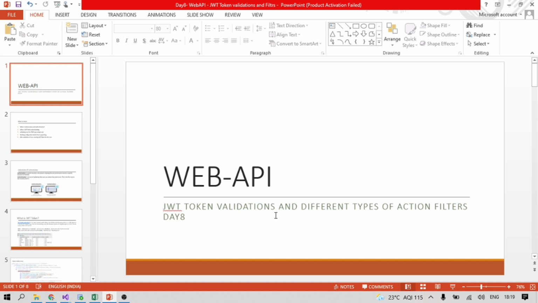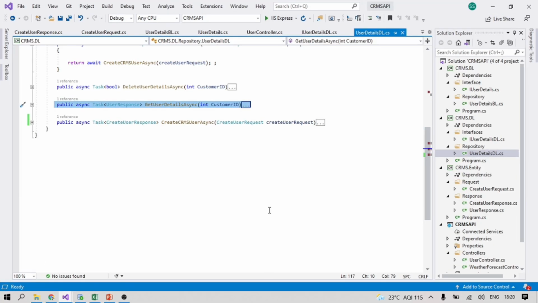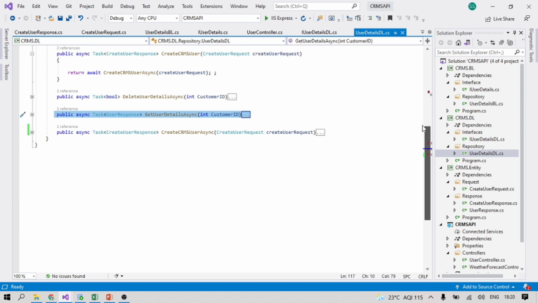Okay, so in this video we are basically going to discuss JWT token, authorization and authentication. I also wanted to include action filters, but I think that would take a lot of time, so I am excluding this content from this video. I will definitely add it in the next video, but currently we will be talking only about JWT token and authentication and authorization. Before going ahead, I just wanted to show you that in the last video we had